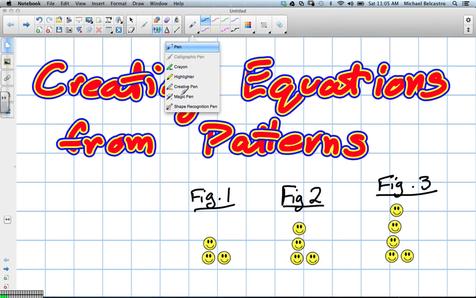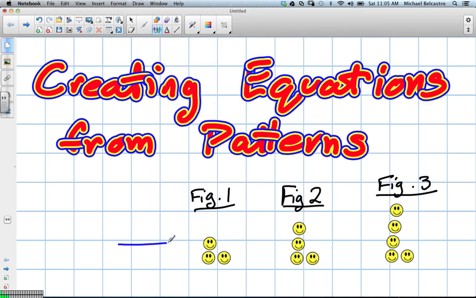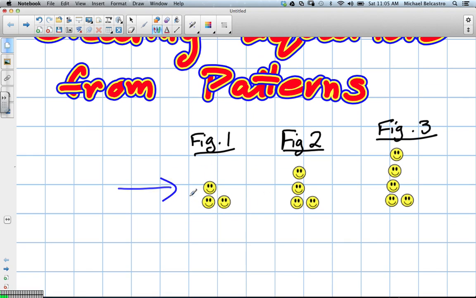So we're going to go over creating equations from patterns. They've given you this pattern in your book, right? And it kind of looks like an L shape. A couple of things we want to figure out before we even start creating the equation is we want to know how many of an item is in each figure, and then we're going to figure out what it's changing by every time. Once we get that information, it'll become much simpler to create the equation,